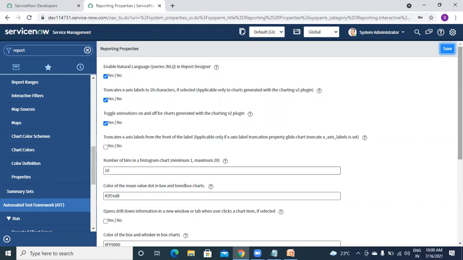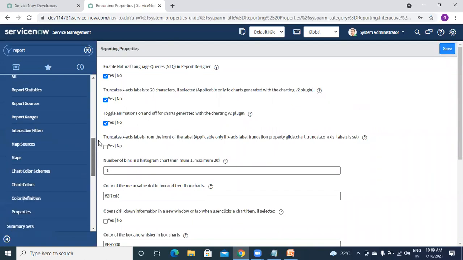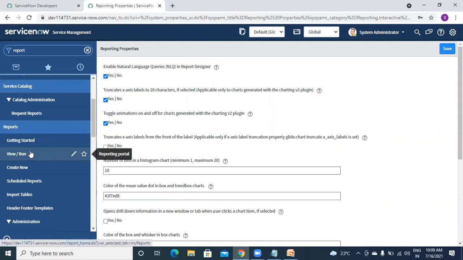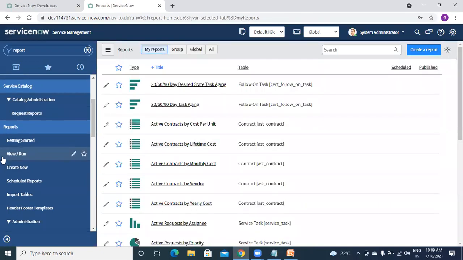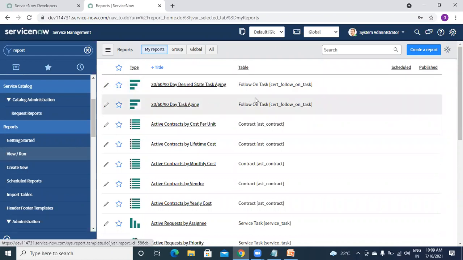Then properties of your reports. If we have any properties, these are actually out of the box. I too never change this, because this will be the perfect one. We can develop our reports, and these properties are good to use. Then let's first open some one or two existing reports. Okay, so when you click on view and run, these are some of the reports which you get here.